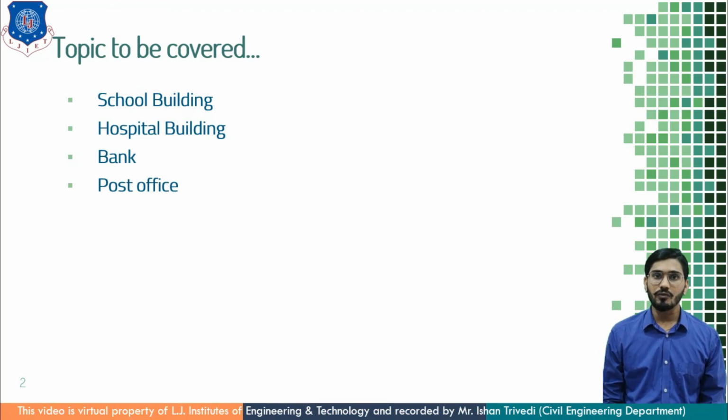But here what you have to understand is you have to put each and every component which is essential while planning and positioning the public building. It can be a school, it can be a hospital, or it can be any public gathering, it can be an office even. So you have to remember the components which are part of that particular public building, and that you have to remember. So let us start with the school building.